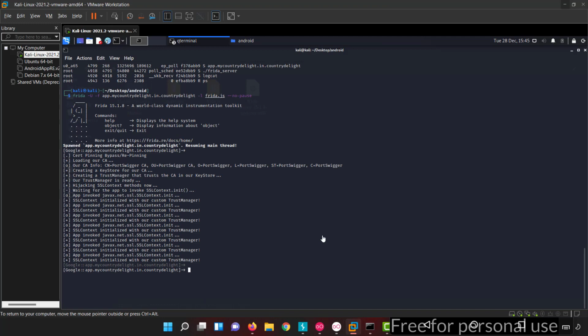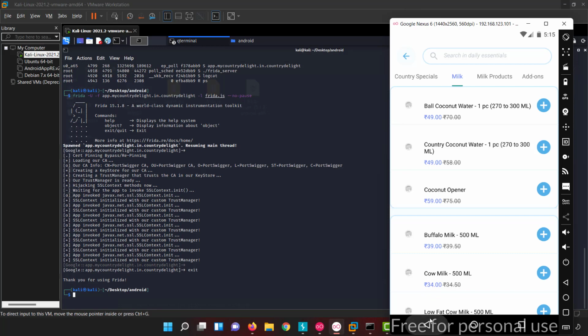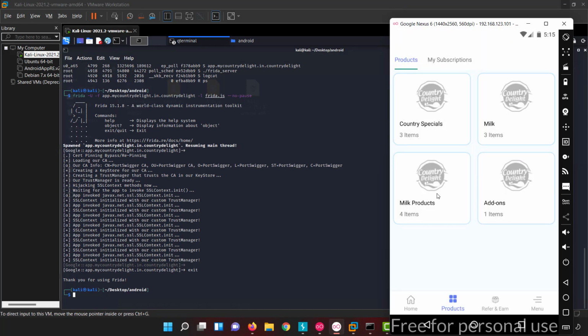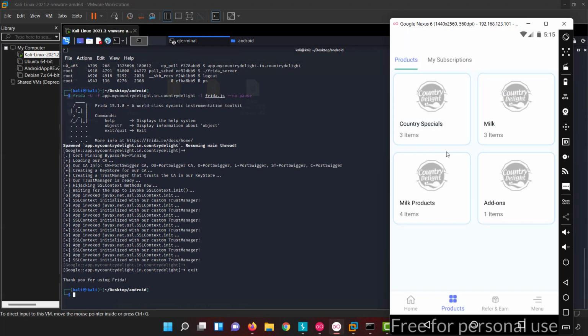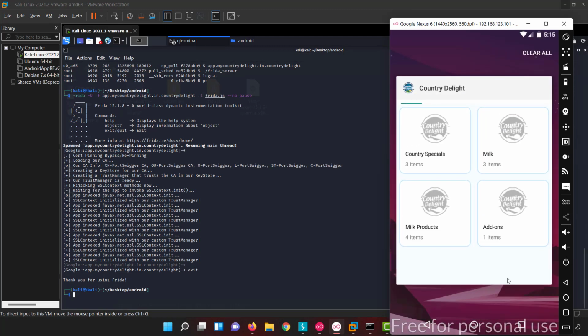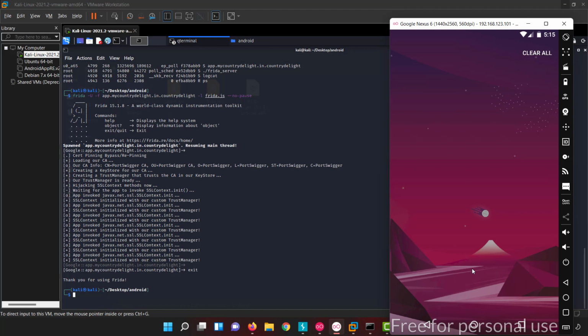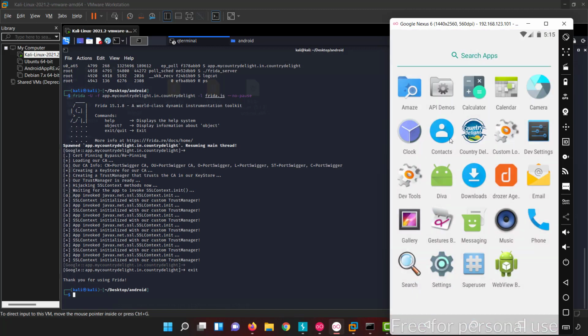Let me close this and exit Frida. If you reopen the app once again, it will again show the error, something went wrong.